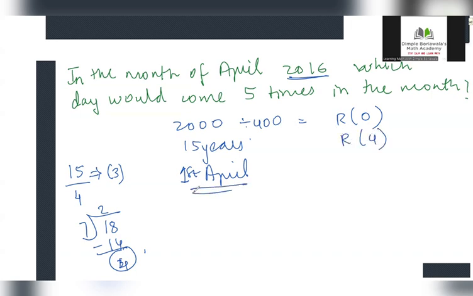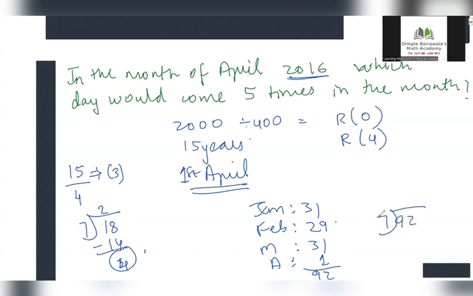For April, I will consider Jan as 31 days, Feb, it's a leap year, so 29 days, March, 31 days, and April, 1 day. When I calculate this, I will get 92. 92 will be divided by 7. 7 ones are 7, 7 thirteens are 91. Remainder is 1. So I will write for this remainder 1. Total, this is 5. Correct? So when I'm totaling this, it is 5.